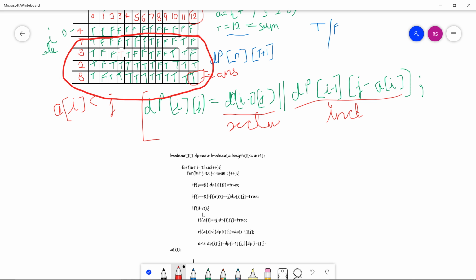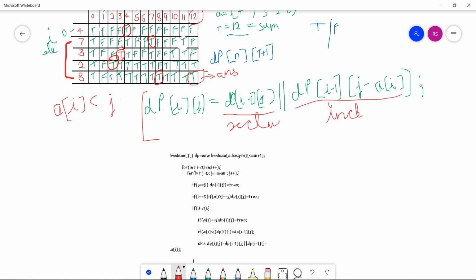So if i does not equal 0, in these rows, if ai equals j, here 7, here 3, here 2, 8, always true comes, right?